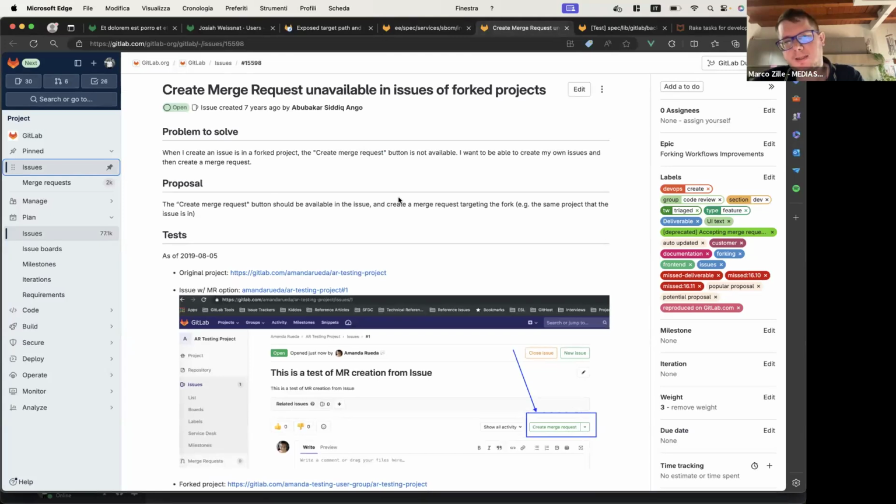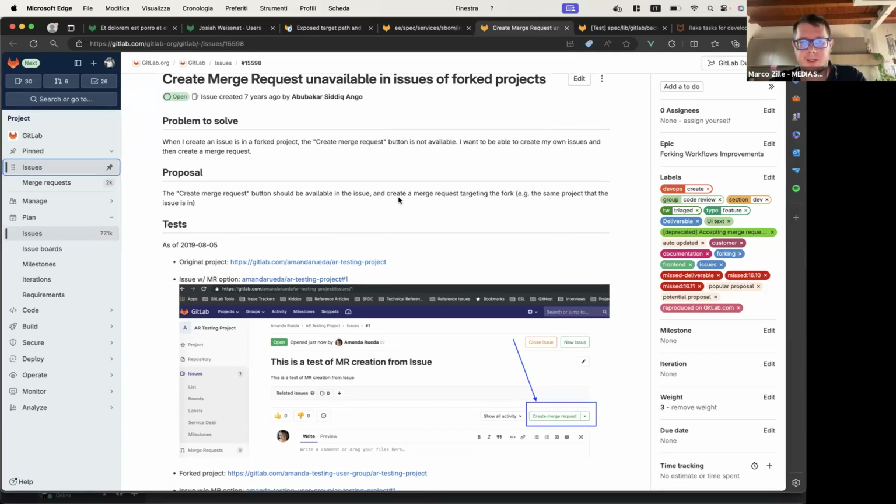This is a slightly different request because this is basically creating an issue in the fork of the project, not to have the create merge request button visible on the issue of the main project. So this is a slightly different variation,